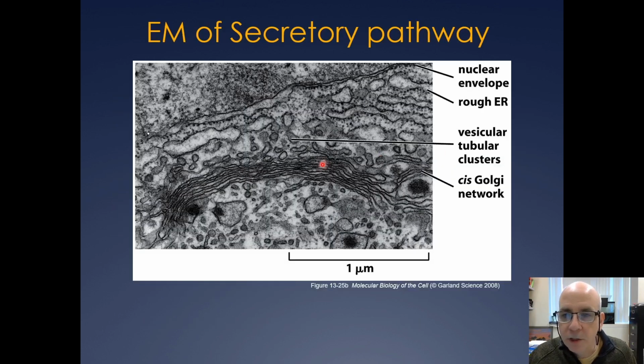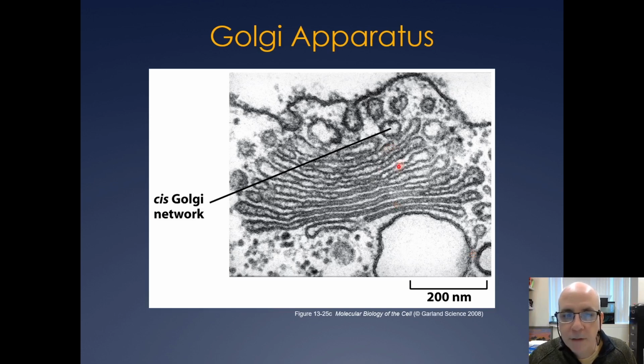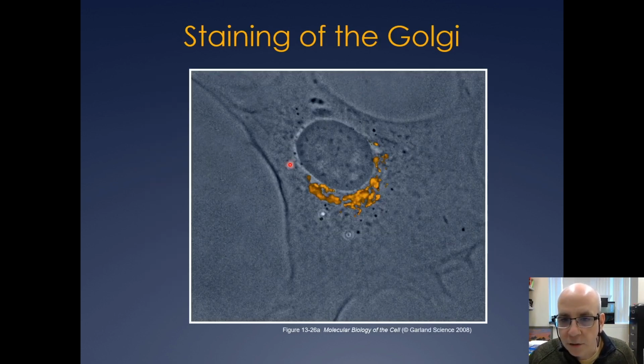Here's just some images of the Golgi and the vesicular tubular cluster, as well as you can see the rough ER here with the ribosomes bound, and you have your nuclear envelope. So it sort of resides very close to the nucleus. Okay. Here's just another image of it, your cis-Golgi network, and then your cis, trans, medial, and then your trans-Golgi network sort of out at the end. If you stain it, you can see here's the nucleus, here's sort of the outer plasma membrane of the cell, and here's the Golgi sort of right there,